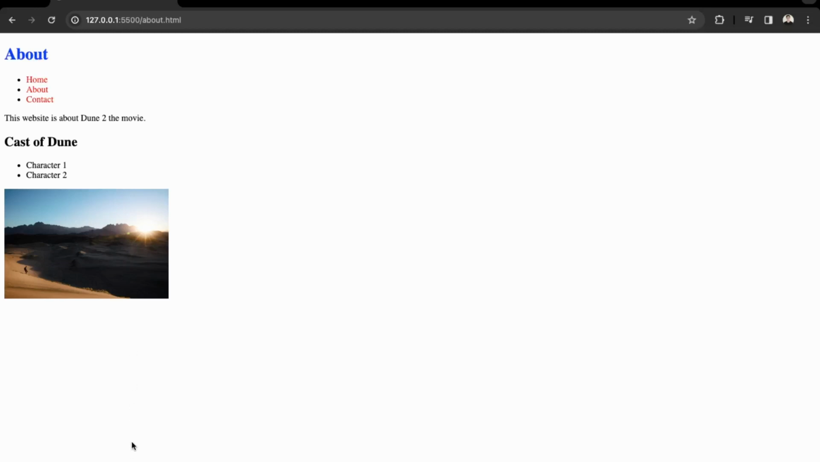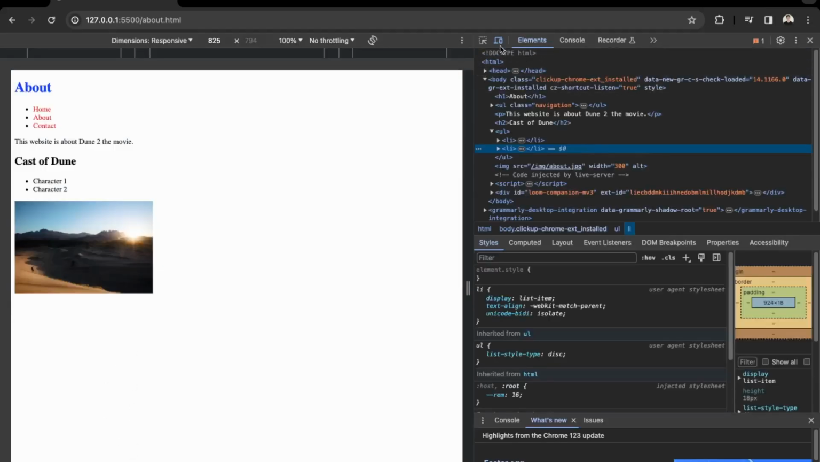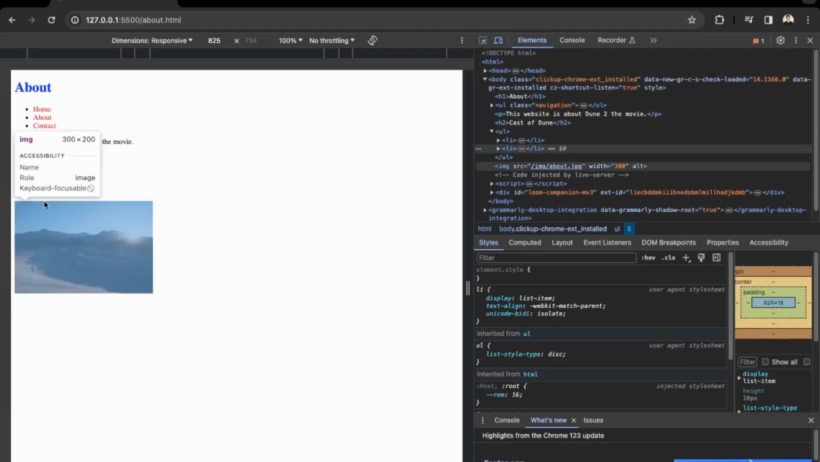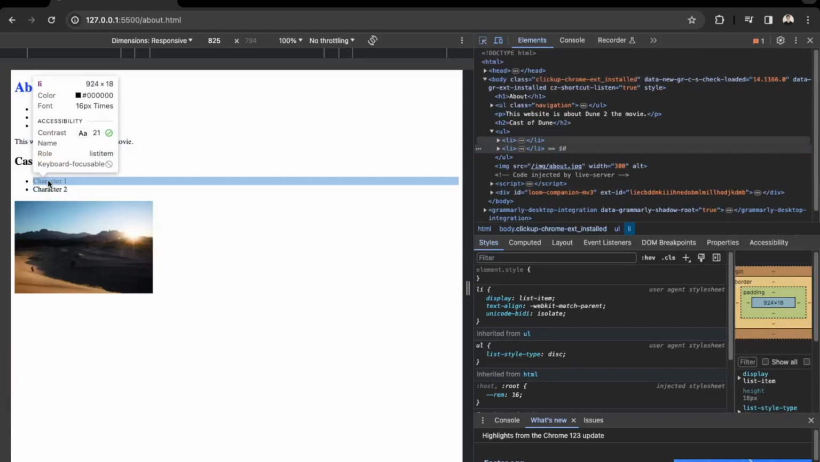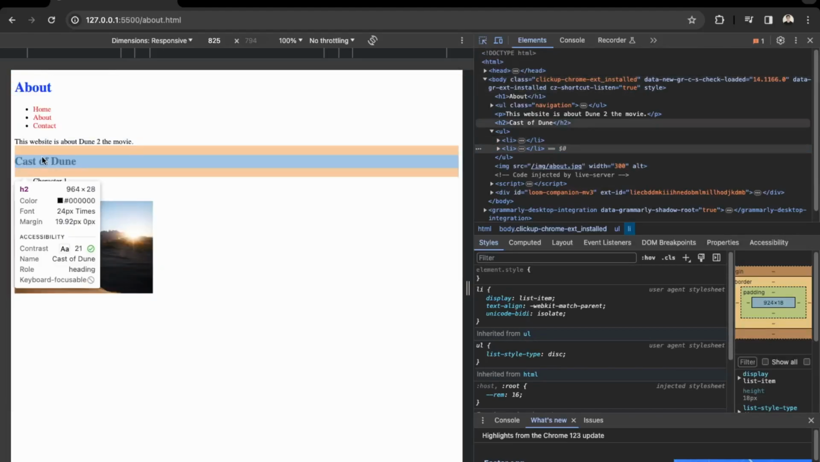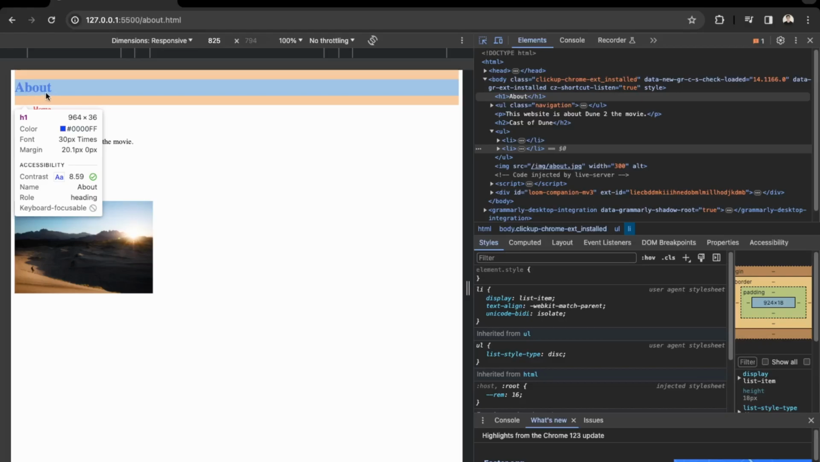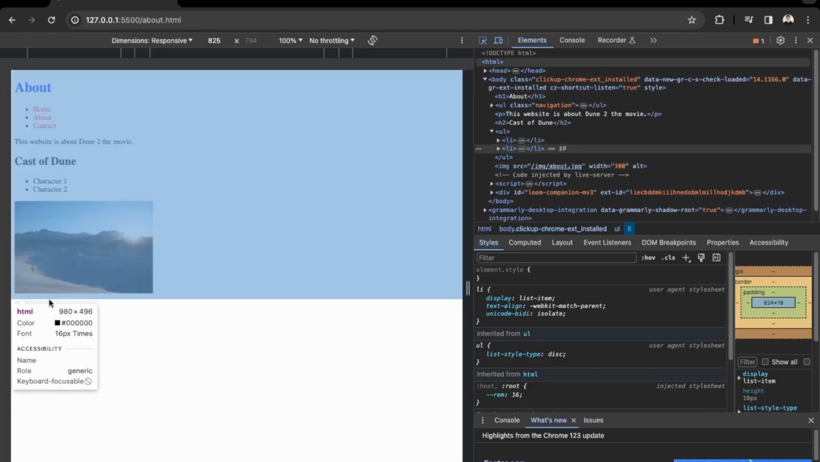So if we check out the inspector dev tools, if you hover over any element, you see how there's a box surrounding each element. So that's what the box model is. So to finish off the tutorial, what we're going to do is just go over how to manipulate the box